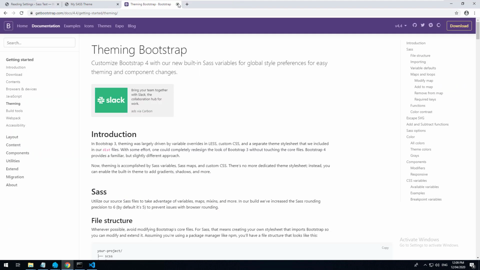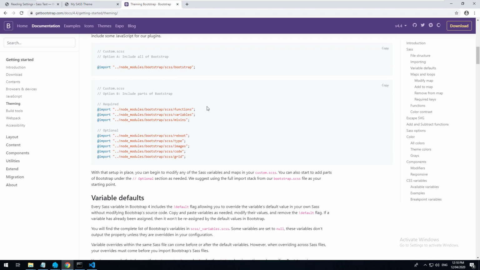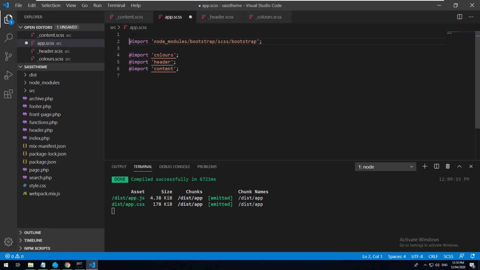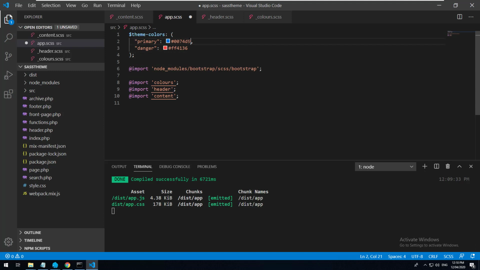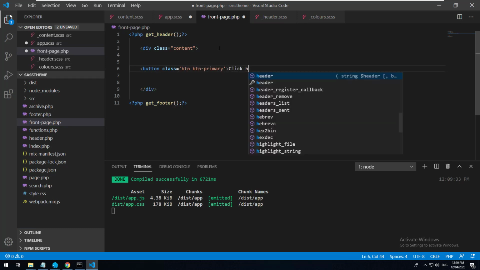Cool, so what if we want to override it? Well, if you look at the Bootstrap page, the theming page, it has all the information you would need. And if you wanted to change the theme colors, you could just go here, right? Copy it, paste it above the import, and then you could change the primary color. So how would you be able to test that that works? Let's go into our front page and we'll do like a button. So button class equals button primary. And we'll just type click here,